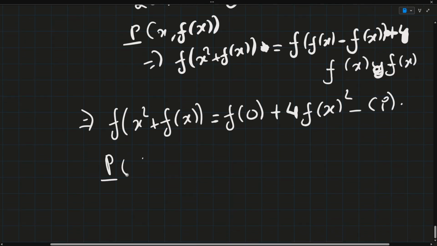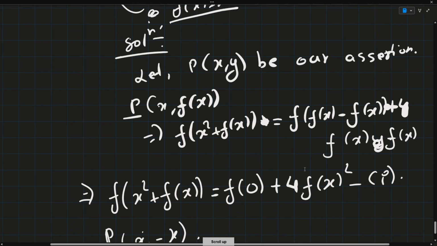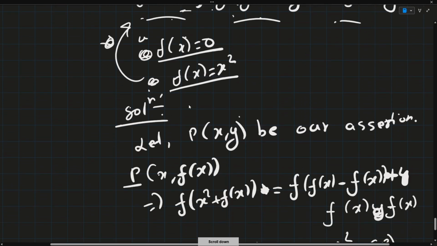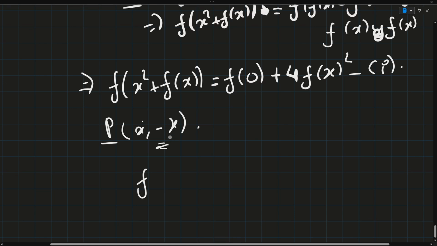And now let's have another assertion P(x, -x). And the motivation behind this assertion is to make our LHS 0. Make this LHS 0. So we can write x²